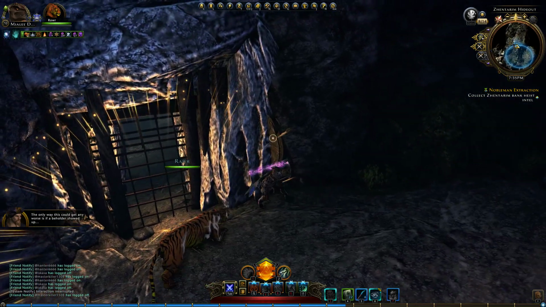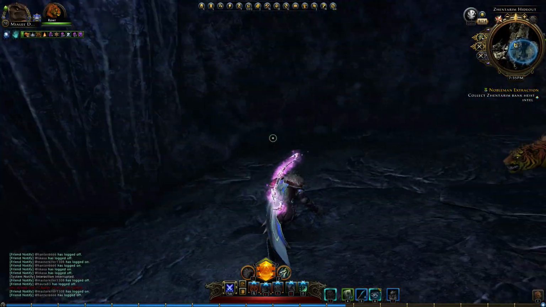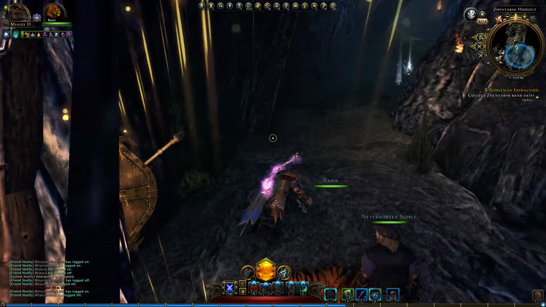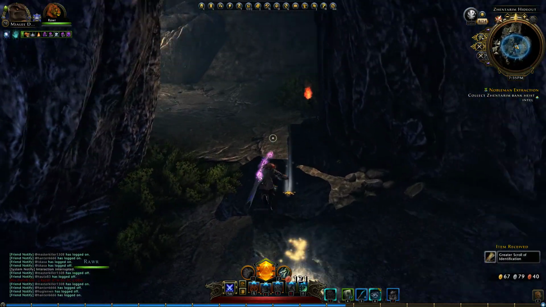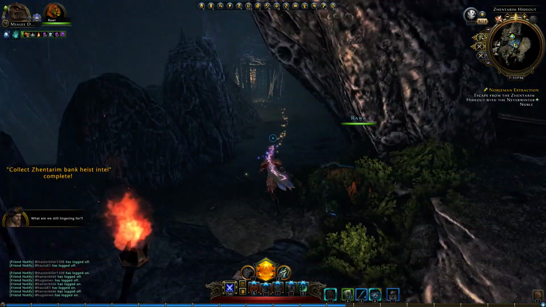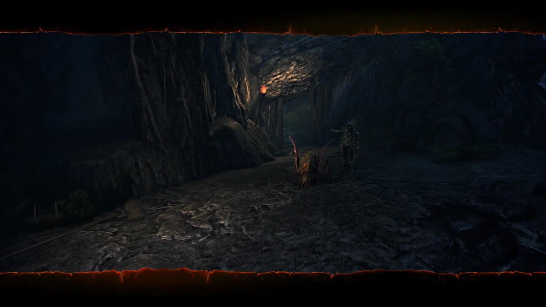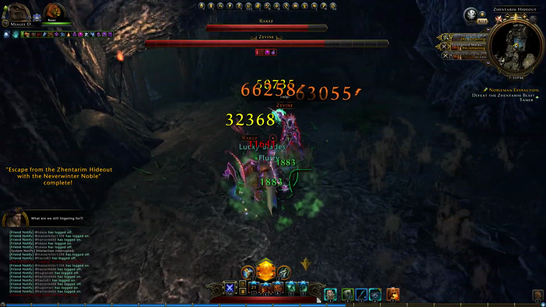Then we open this door. Did I not get the... I got the chest, right? What? Oh, I didn't get this chest. Okay, that's odd. Anyway, then we can go through this door where we find the rust monster and his boss, I guess. We kill them